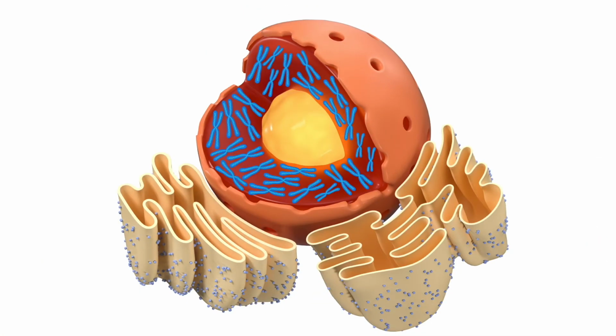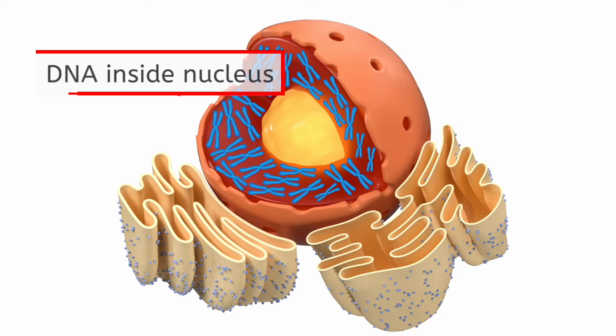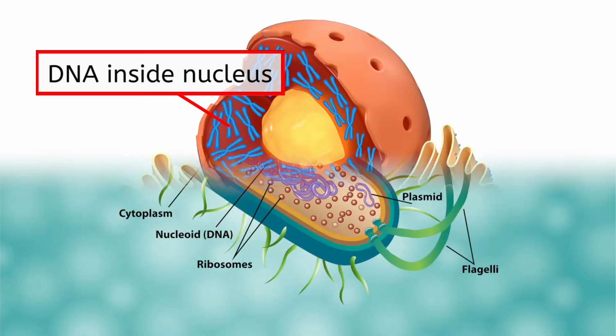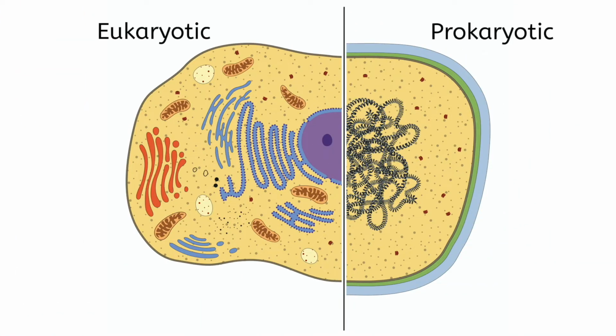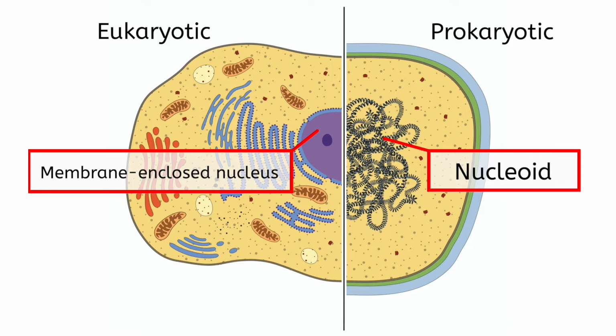A major difference comes up here, though, as eukaryotic cells have a special storage place for the DNA called a nucleus. The nucleus is almost like a cell within a cell. It has its own membrane, the nuclear membrane, which is similar in structure to the cell membrane. In a prokaryotic cell, the DNA tends to clump together in the nucleoid, but it doesn't have the protective layer around it like eukaryotic DNA. The defining difference between a eukaryotic cell and a prokaryotic cell is that a eukaryotic cell has a membrane-enclosed nucleus